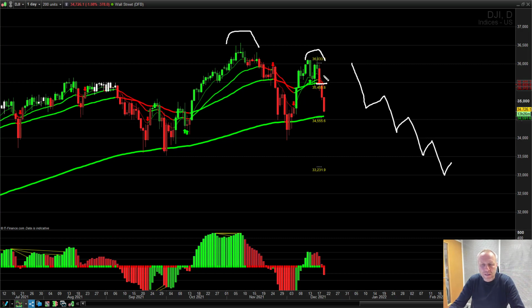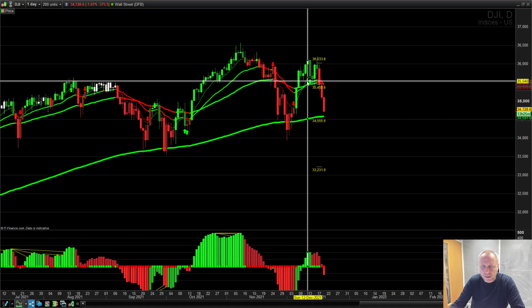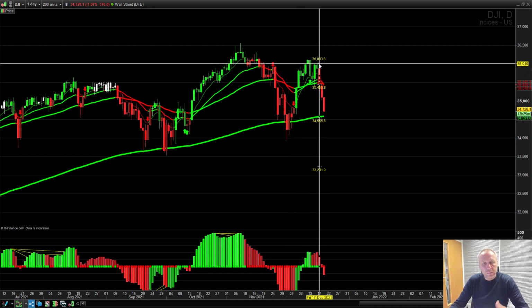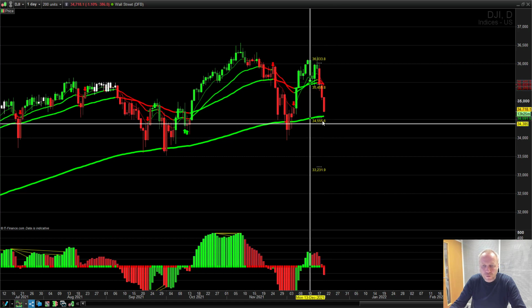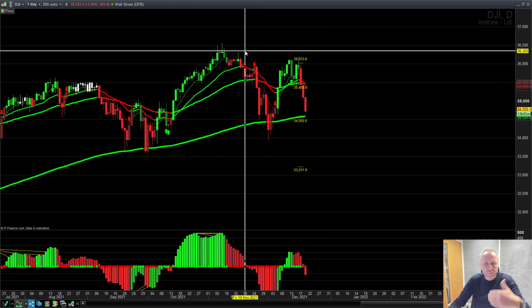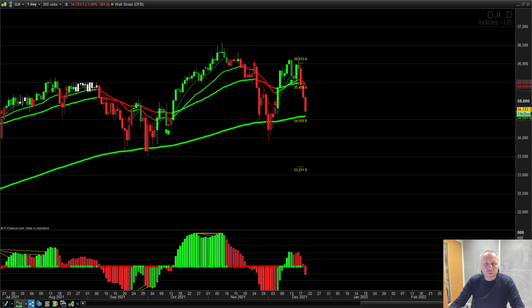Now we got the red. The red means sell, so that's the signal to short the market. The stop gets automatically put in place, the entry gets put in place, and the profit target automatically gets put in place. All right, so we're using the bigger time frame for momentum, and we use the smaller time frame for the trigger to get into the trade. The target is 34,555. Now, we haven't reached that target yet. We're trading at